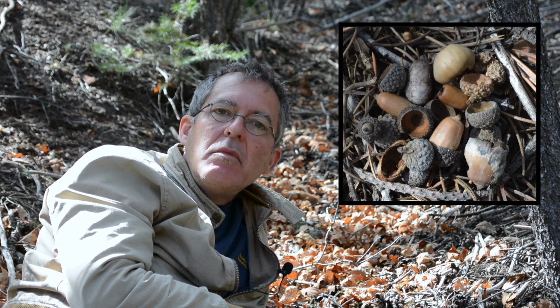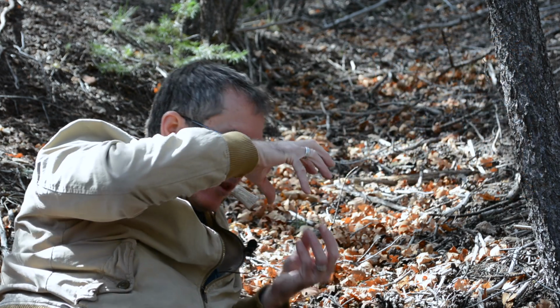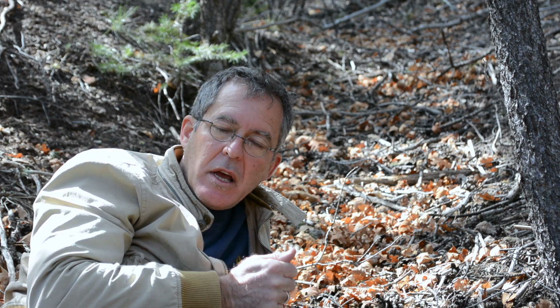Acorns, the seed from oak trees, they do the same thing. They'll eat the whole thing, and then the bits of the shell of the acorn and the little hat on the acorn, those don't always digest. So we'll see bits of those in there as well. So remember, the only things that we can see in the animal's scat, in the bear scat for right now, is the stuff that cannot get digested. So bits of shells, bits of sticks maybe, because sometimes their big tongue pulls up a stick from the ground,